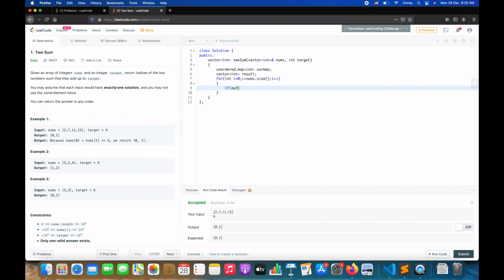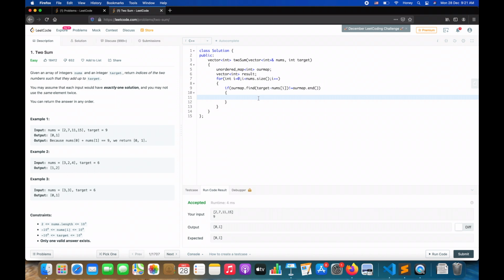If rmap.find(target - nums[i]). Target is 9, and nums[i] will be our first element of consideration. It is not equal to rmap.end(). It means that if it found target minus nums[i] in the unordered map, it will not go till the end.